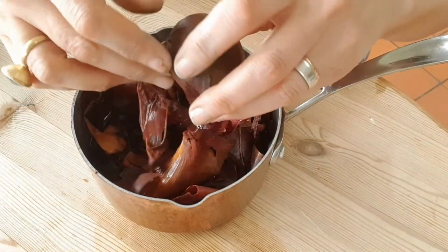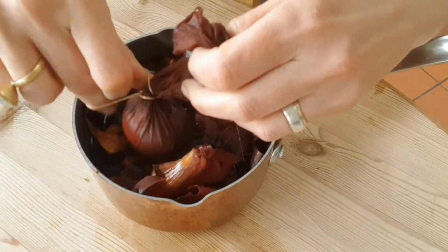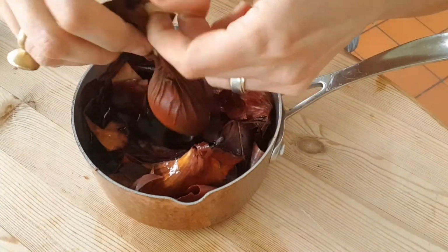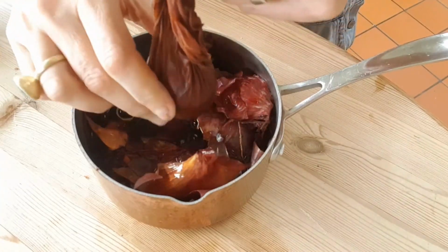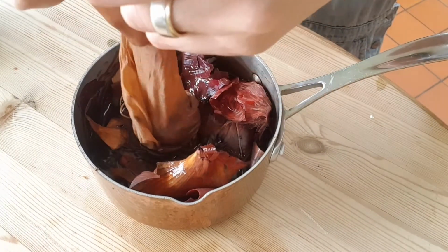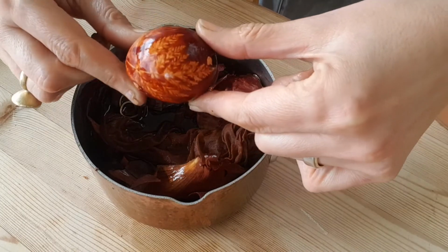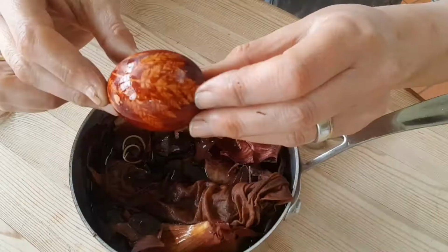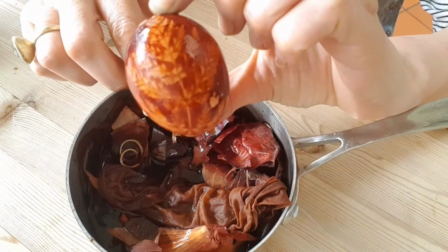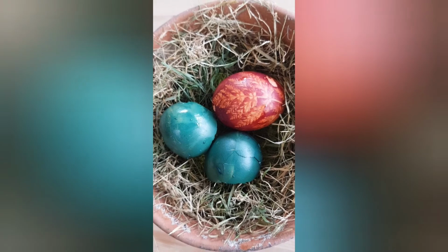Now for the grand unveiling. I haven't looked and I haven't peeked, so I'm really hoping it's going to work. I let the water cool down after the 15 minutes. Look at that. That's so lovely. And here they are